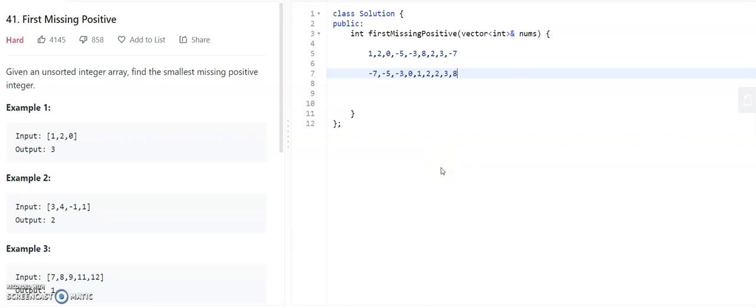Hello, welcome. Let us find this question in LeetCode, and the question is about finding the first missing positive number of a given array. So let us see this array, and one thing we have to remember is the array is unsorted. So here let us take this example. It is 1, 2, 0 like that.